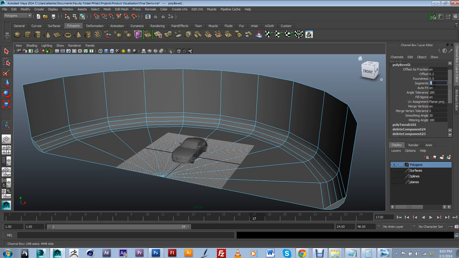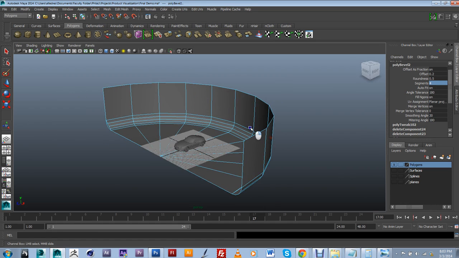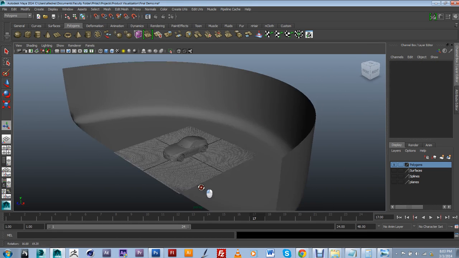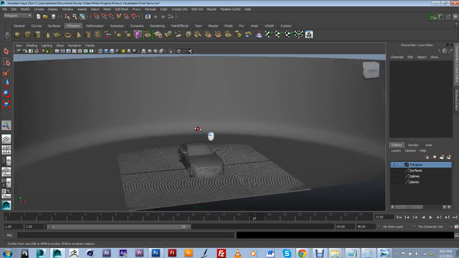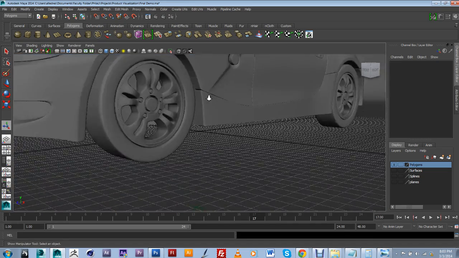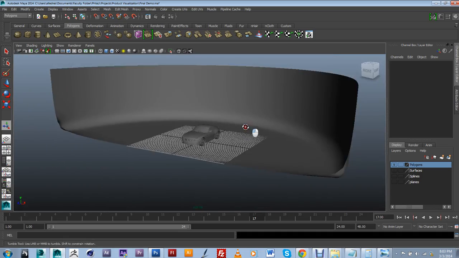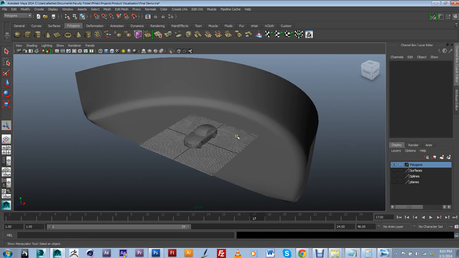Add a couple of segments. And if I apply a smooth preview, this is going to be nice and smooth there, so that's exactly what I need. Okay. And then the next thing that I need to do is again create a